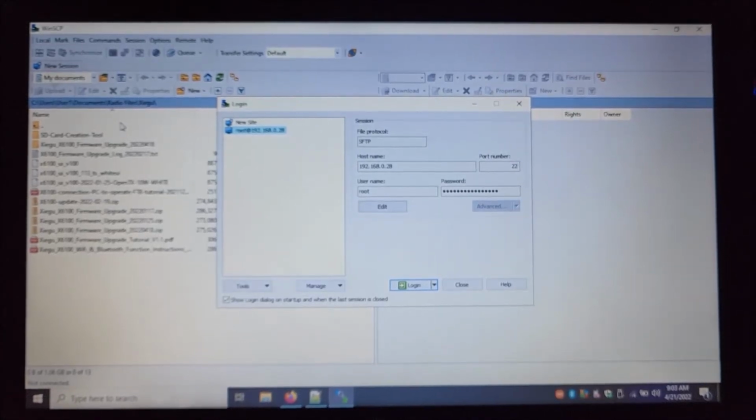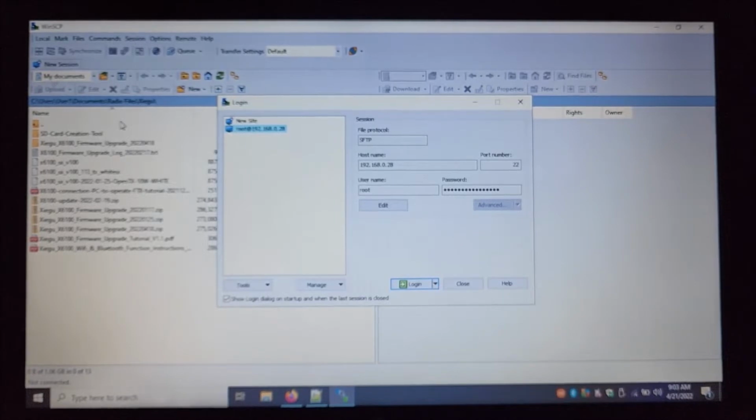Okay, X6100 users, quick video here on how to change the red text on your volume and transmit displays over to white. If I can do this, you can do this. I've never edited a hex file in my life until I did this, but had no choice